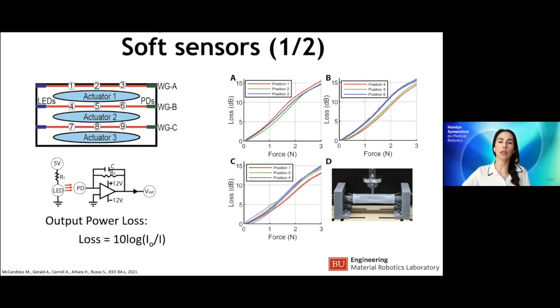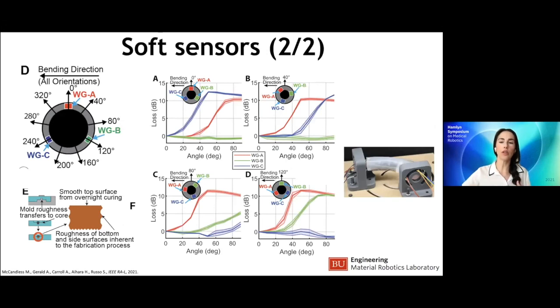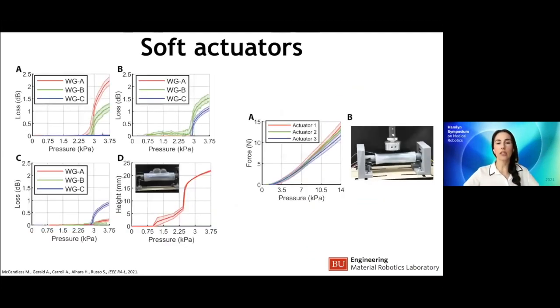And so we calibrated these sensors with different forces and bending angles, making sure that we would create an algorithm that would map the forces that we were interested in. For the sake of time, I will not go too much into the details of this, but if you're interested, there's a reference here to our recent article published in IEEE RAL. Again, we have characterized our actuators to make sure that they would match the expansion required to contact